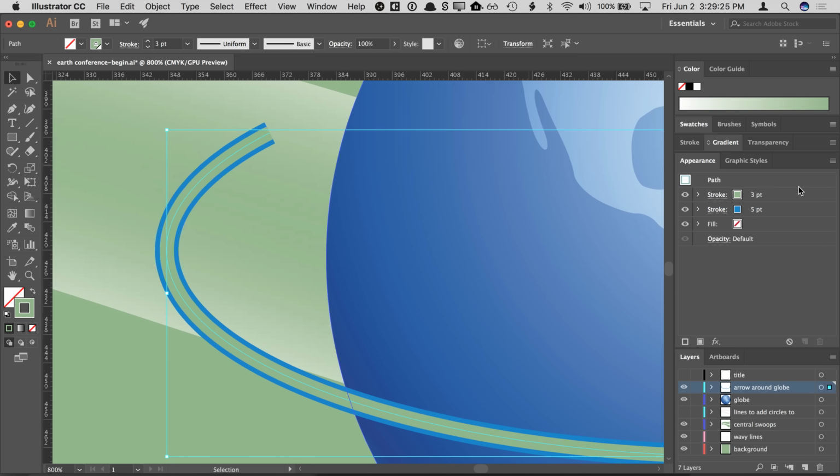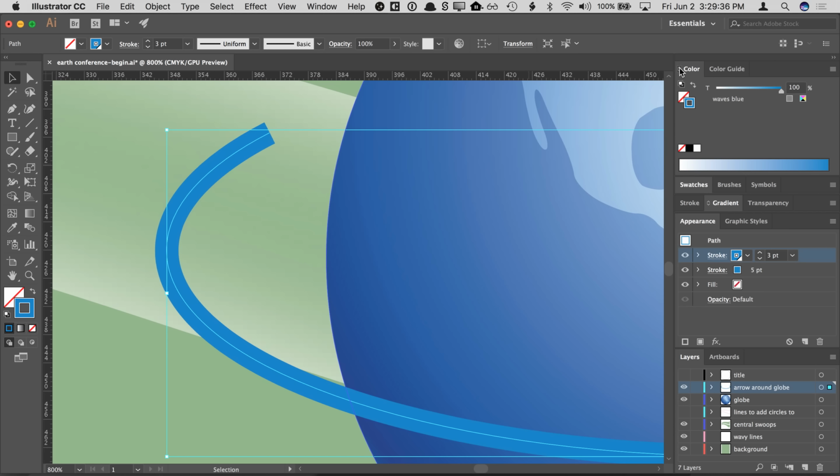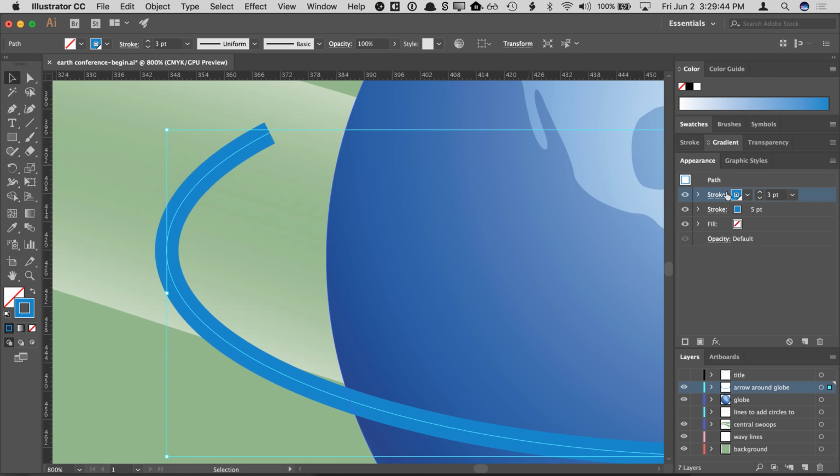So yes, you can drag to rearrange your strokes. Now I don't actually want to choose this green, I want to choose the blue, but I want to choose a lighter version of the blue. Now up here in the color panel, you can do tinting here. But I want to try to do as much as I can through the appearance panel just to show you that you can do this in the appearance panel. So while we could do it there,